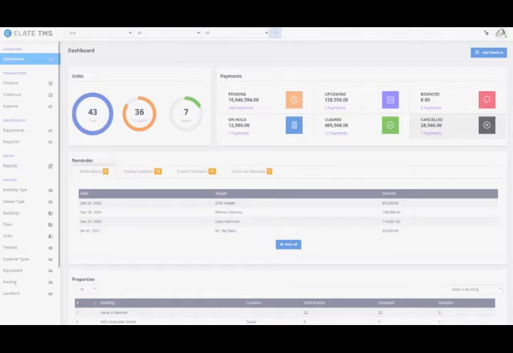It is ideal for apartment leasing, rental housing, and commercial properties leasing, and enables users to track tenant information, vacancies, and leasing agreements. Elite TMS enables reporting on revenue generation and tracking operational cost.